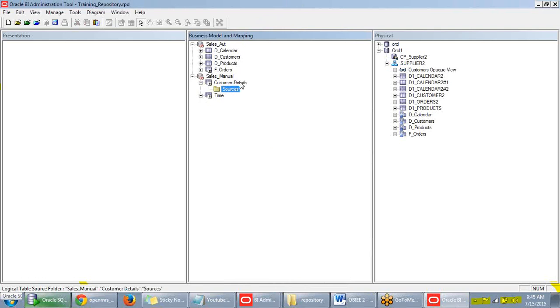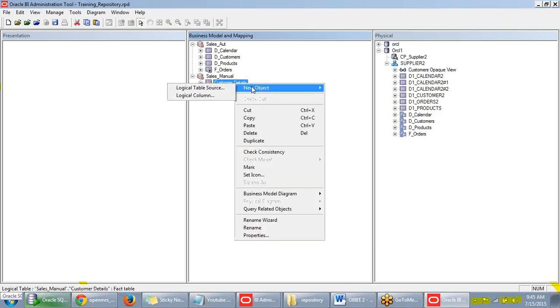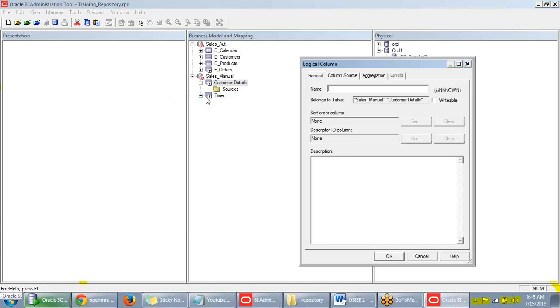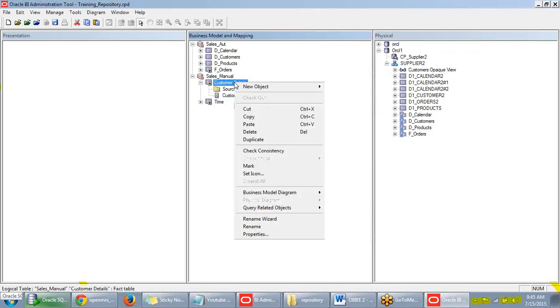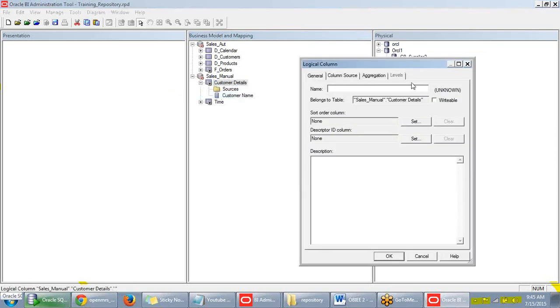And for customer details, I just want only customer name. New object, I am going to create a logical column: customer name, and one more logical column, that is customer